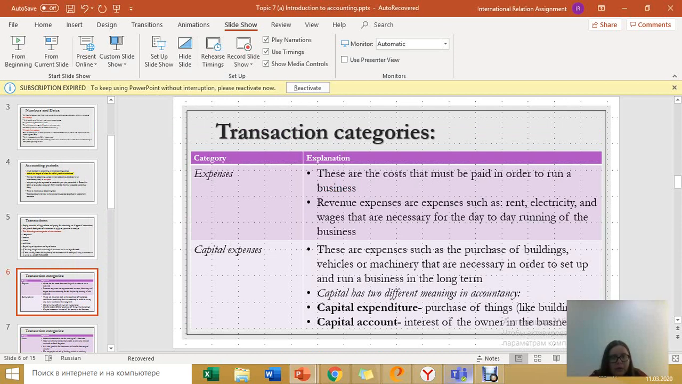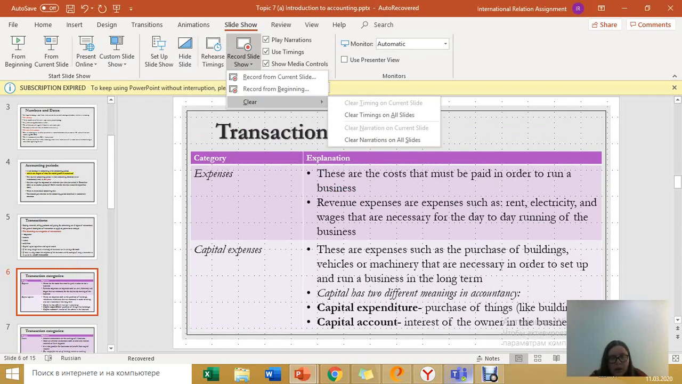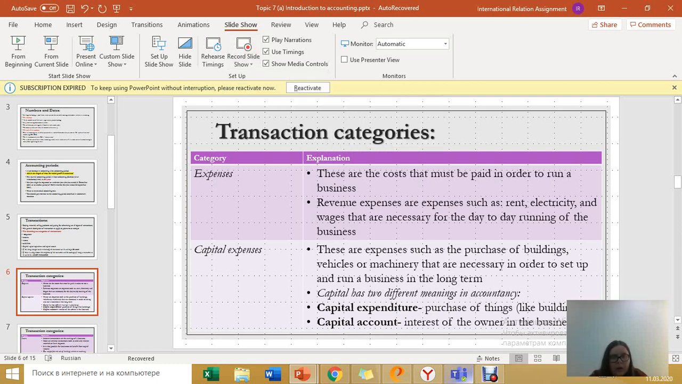All right, so let's assume that you don't really like any of your slides. In this case, you can just clear, or you have the options here. You can clear timings on all slides, or clear narrations on all slides. Narrations means that whatever voiceover you put would disappear. Now you have some more options here. I didn't really use them. I don't know exactly how they work, but I think this would be an efficient way